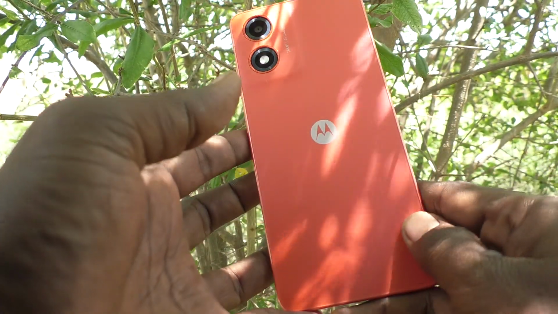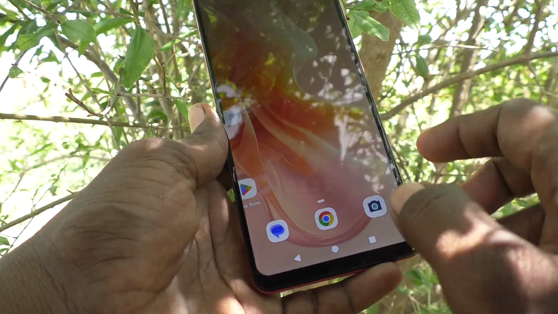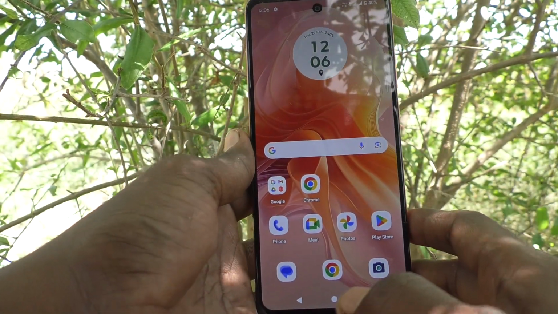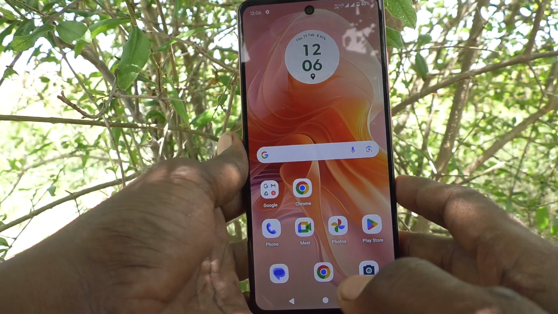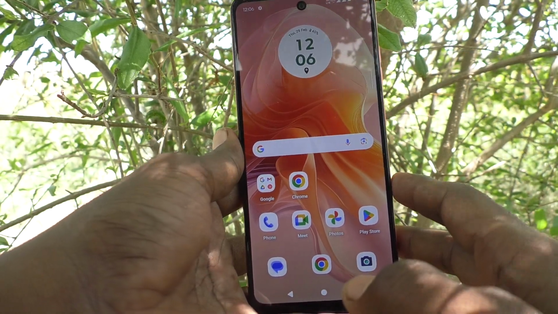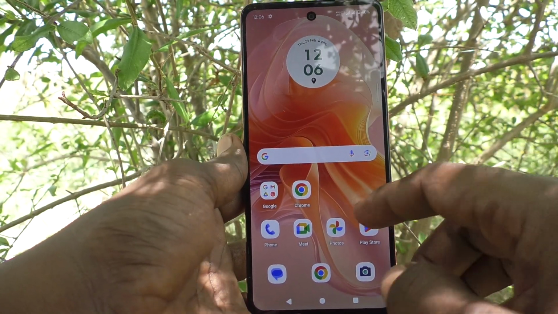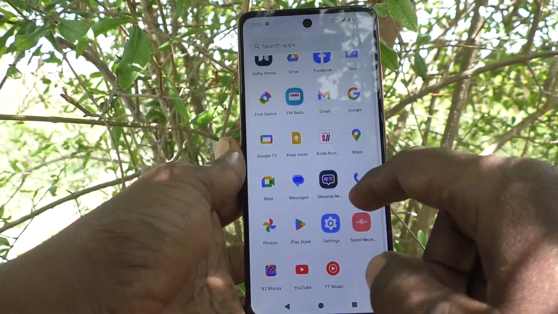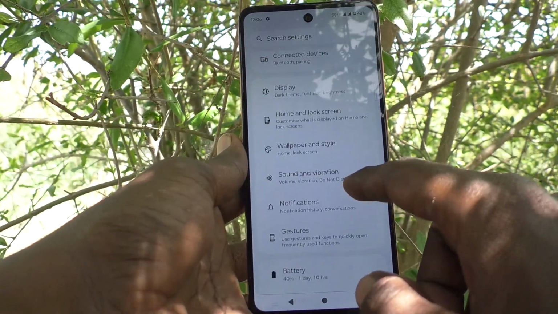Here is Moto G04 smartphone. In this video you will learn how to limit maximum number of connections in mobile hotspot for your phone Moto G04. Okay, first of all go to settings of your phone here, then go to